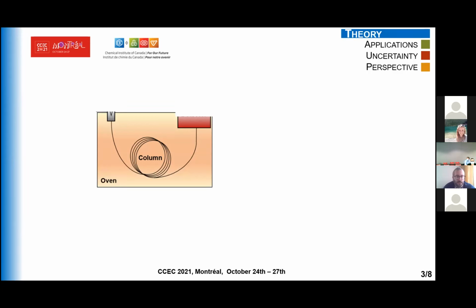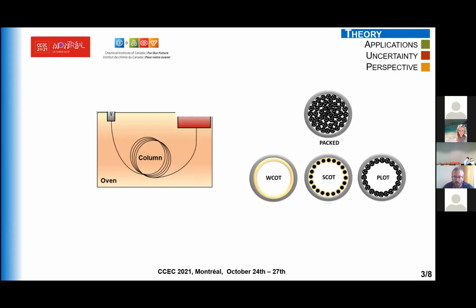It's an oven that hosts one or more chromatographic columns. The oven controls the temperature and can operate in an isotherm regime or with a temperature ramp defined by the user. The columns are usually of two types, packed, meaning that the columns are filled with porous substances and separate analytes by mass transfer, like for example the molecular sieve columns for permanent gases, or capillary columns, in which the stationary phase is